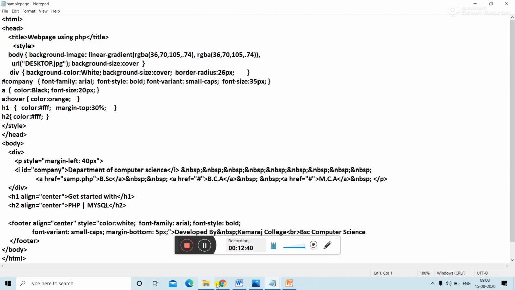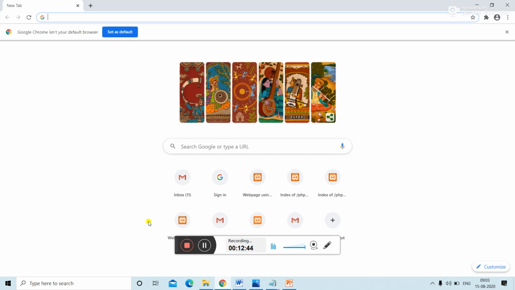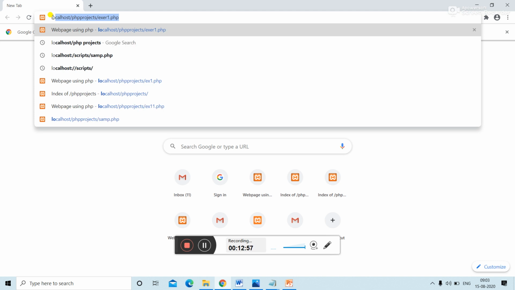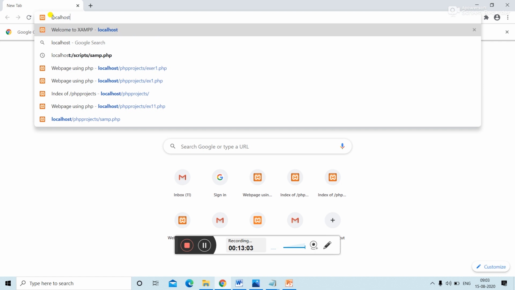Then we have to run. To run the PHP program, we have to select the Chrome browser. Internet Explorer does not support running the PHP program. Give localhost. The localhost takes you into the htdocs folder.